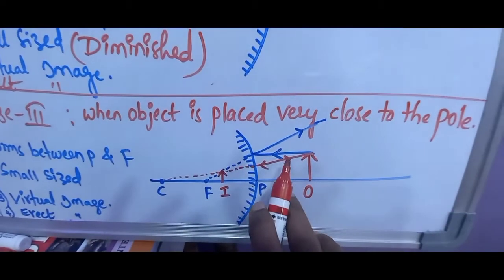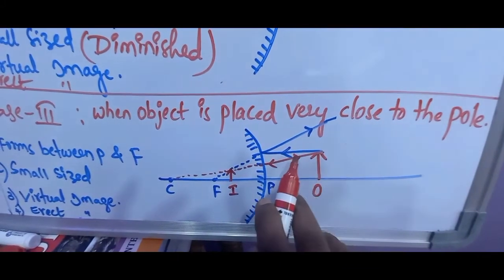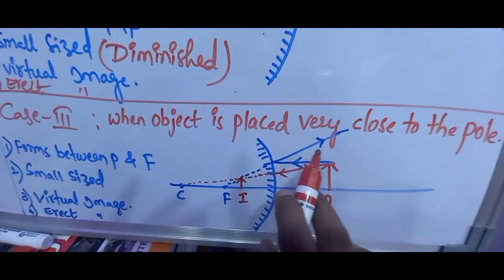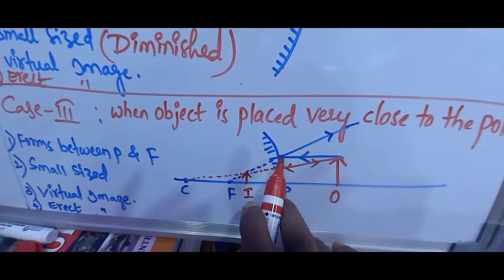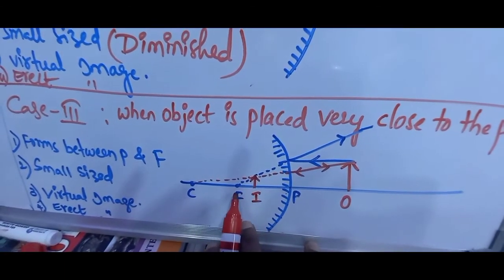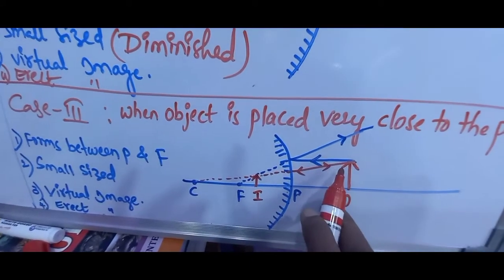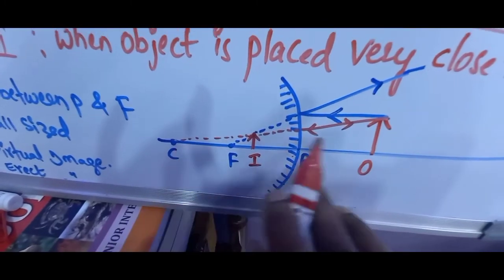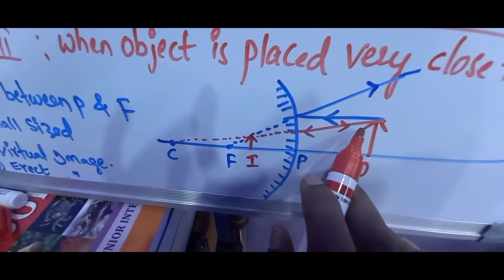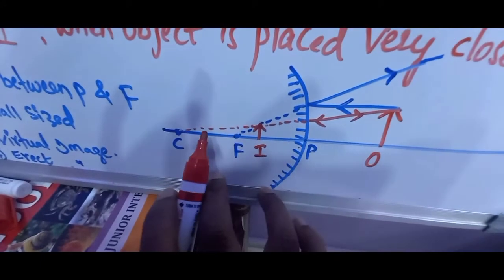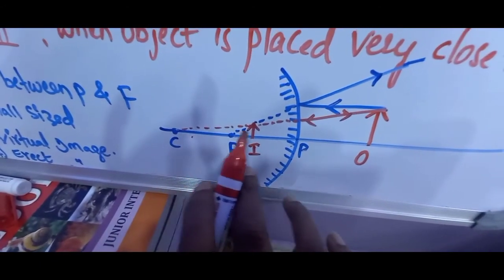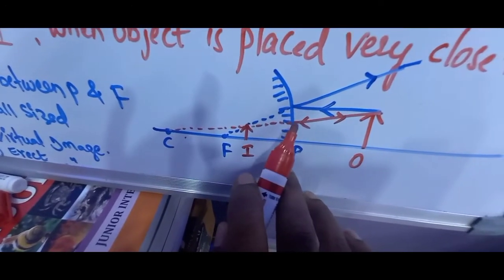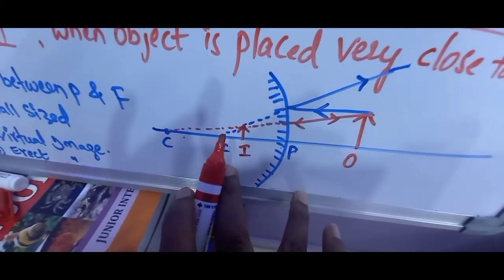And again, we need to draw the two incident rays. One incident ray, indicated with the blue line, is going parallel to the principal axis. Upon reflection, this reflected ray, when extended backwards, appears to start from the focal point. And using rule 3, I have drawn one more incident ray along the direction of the center of curvature. This other incident ray, coming from the top of the object, is going along the direction of the center of curvature. Hence its reflected ray will also pass along the same line but in the opposite direction.